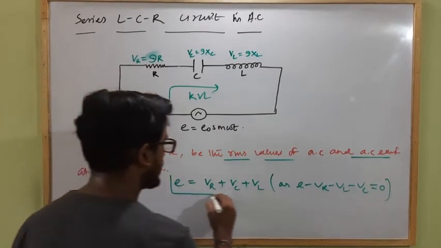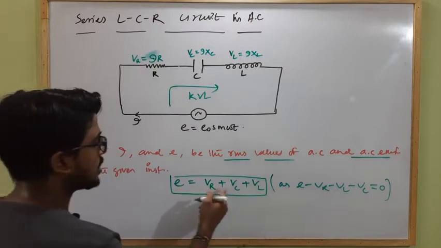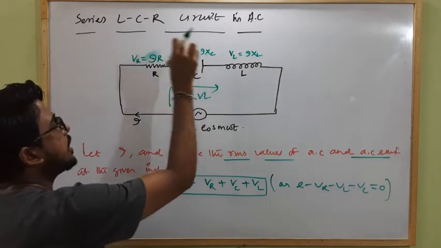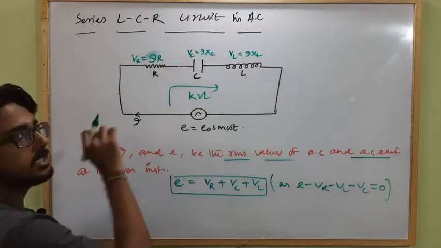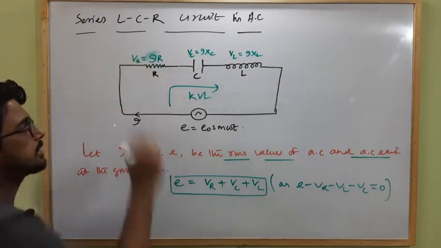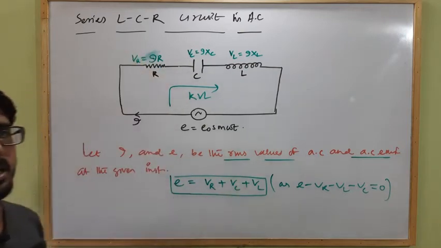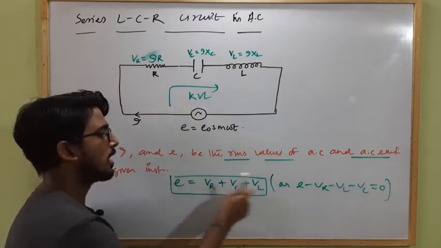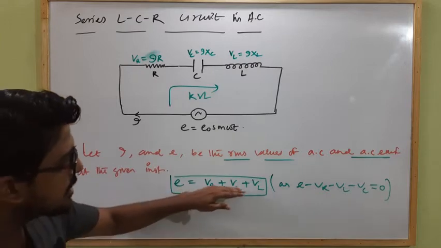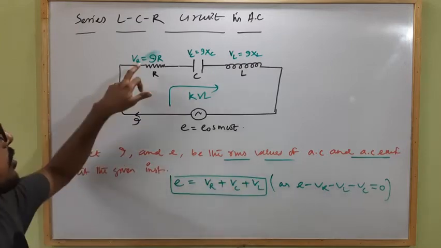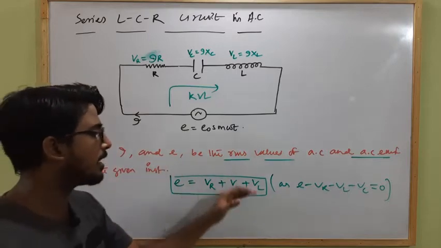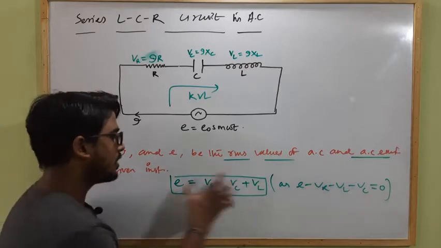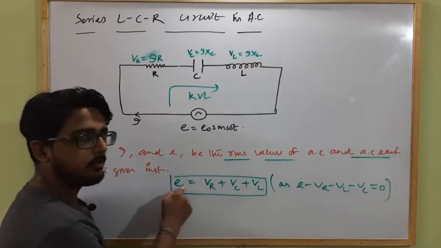Okay, so this is the potential difference E, which is equal to VR plus VC plus VL. But in this case, VR, VC and VL are not in the same phase with respect to current. So we can't add them regularly as we did in the current electricity chapter, when the source is DC and we just add them directly. Here VR, VC, VL are all in different phases in comparison to current I. So we have to add all these three vectorially by using a phasor diagram. But this will be the resultant EMF of the complete circuit.